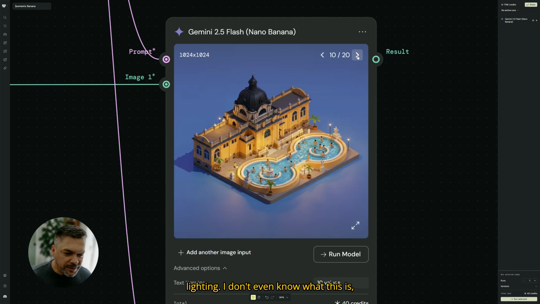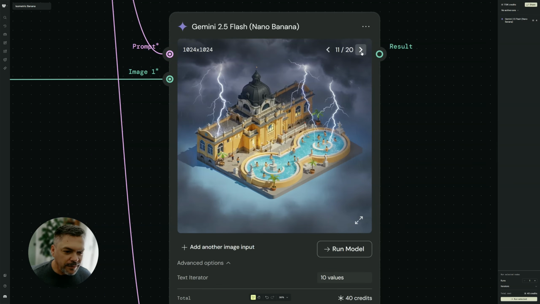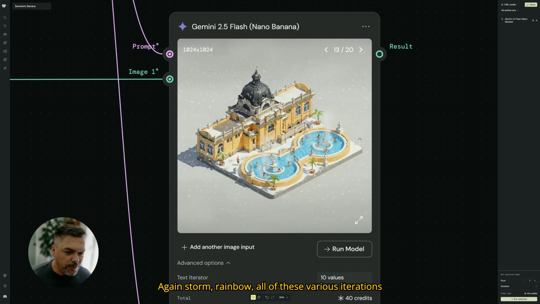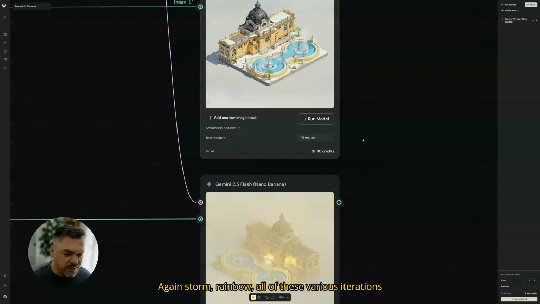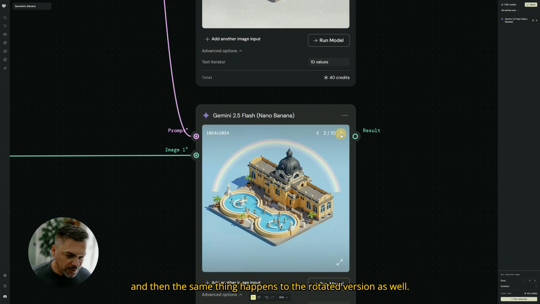I don't even know what this is. Nice mood lighting, again, storm, rainbow, all of these various iterations, and then the same thing happens to the rotated version as well,